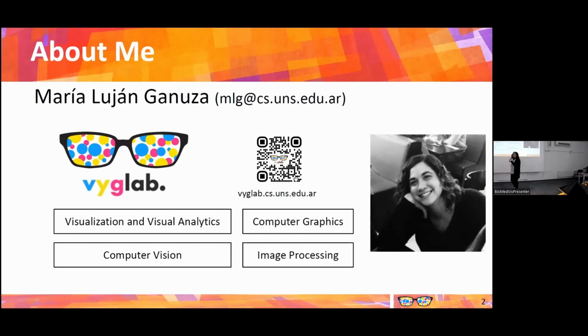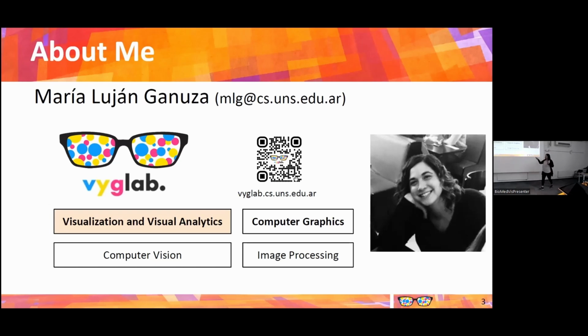These are our main research topics: visualization, computer graphics, a little bit of computer vision and image processing. Where I mostly work is visualization and visual analytics, and a little bit of computer graphics, because I'm a professor at the Universidad Nacional del Sur, the National University of the South, in translation, and I'm teaching computer graphics there, and a little bit of object-oriented programming.